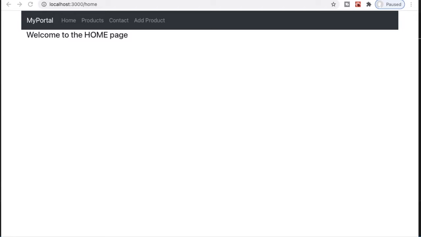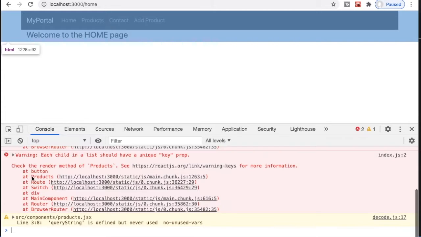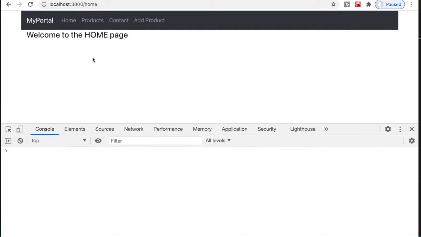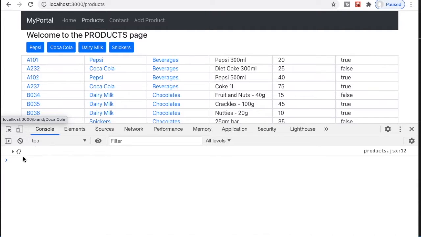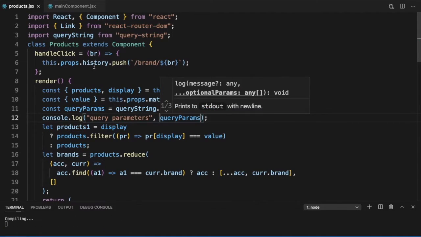Let's go ahead and run this. So here let us go to our inspect and to our console. So if we go to products, we get, let me just say, query parameters, comma, so that we know.